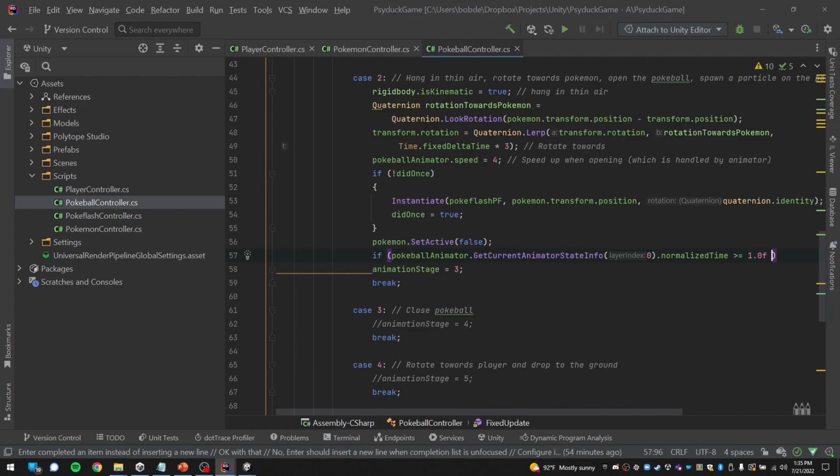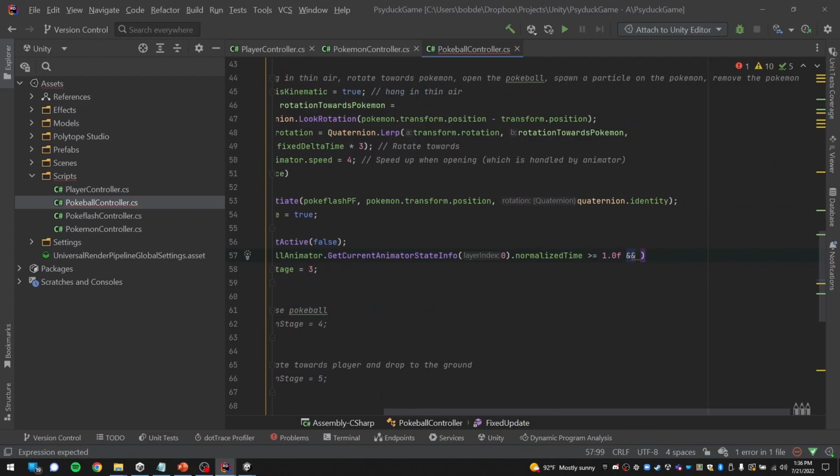Now, there's one other thing that you want to make sure you do here. It's a good idea to make sure whenever you're checking an animation for moving on, that you check that it's the correct animation, because if for some reason we go from this into the next animation faster than we anticipate, we're going to run into bugs. So we can copy this entire thing again,